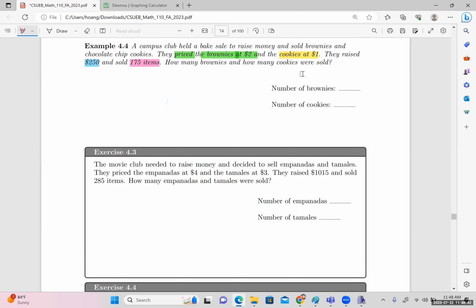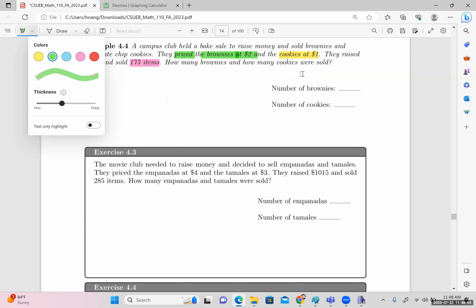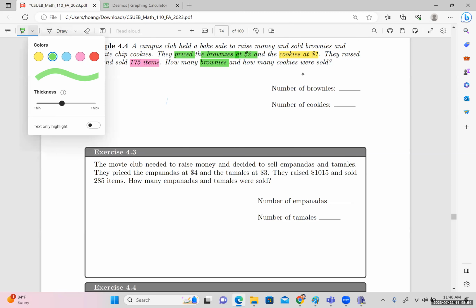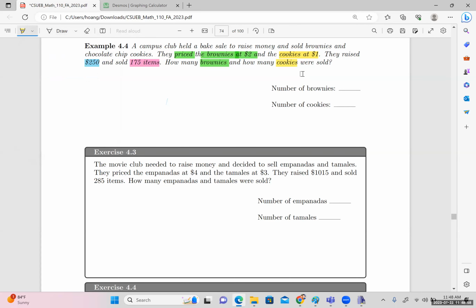We want to know how many brownies and how many cookies were sold. Right. So brownies in green, cookies in yellow. So let's call